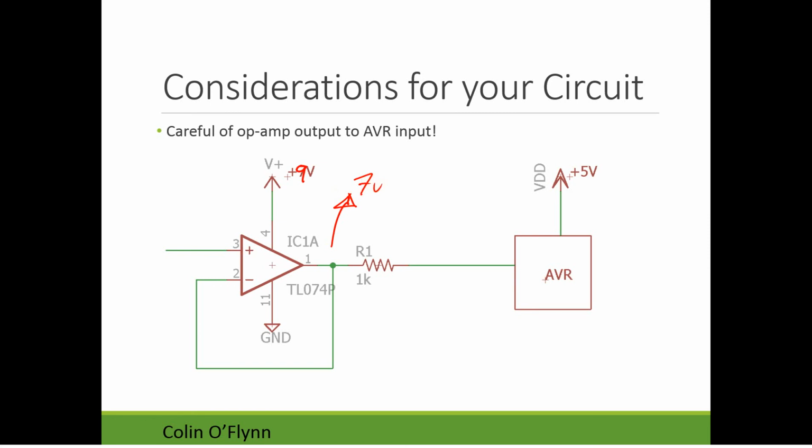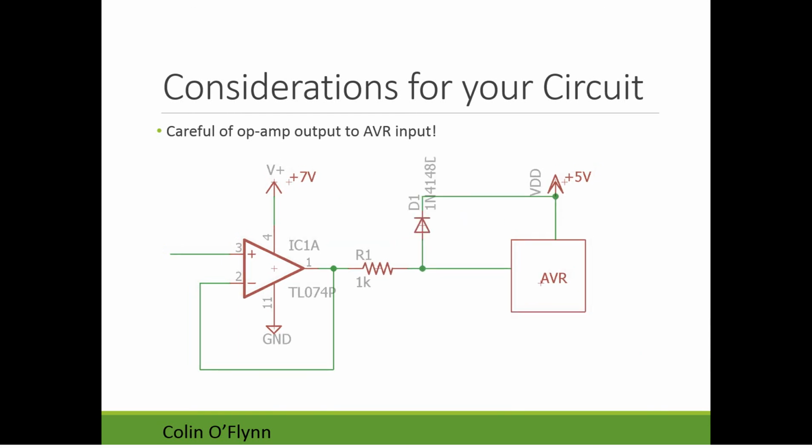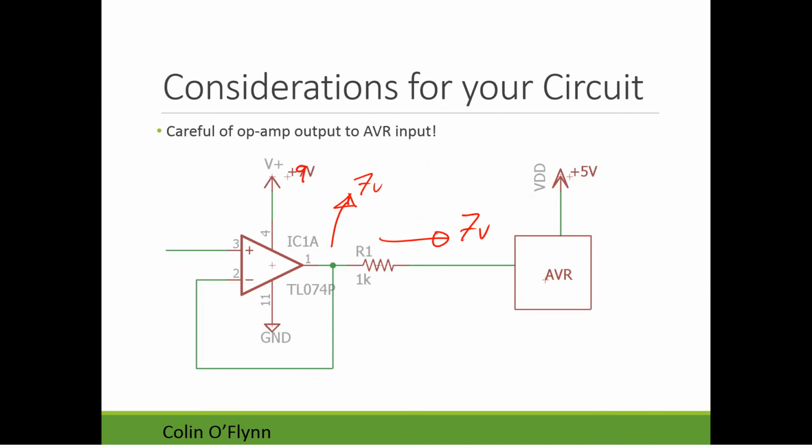You might say, well, I don't have a signal that high going in, but it could be there's an error, your signal's floating, something like that. So what's going to happen is that if you put 7 volts into your AVR, it's not going to be happy. The input pins have a maximum spec, we'll see later, that's something like the VCC, the 5 volts plus 0.7 volts. And if you exceed that, you're liable to just destroy the device entirely.